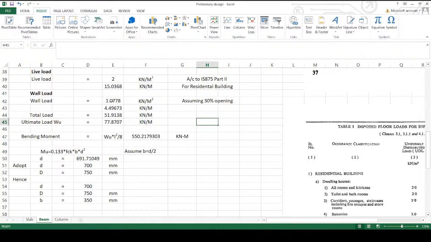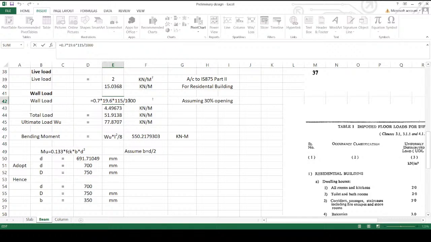So the 70% consists of wall, that is 0.7 times the wall. Gamma of brick wall is equal to 19.6, into thickness of wall 115